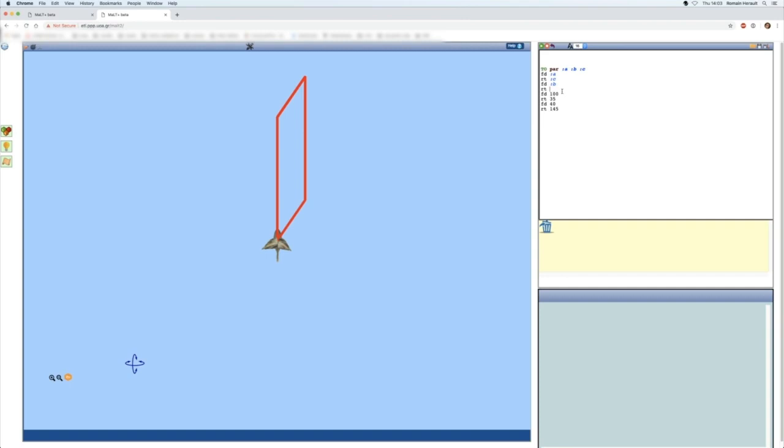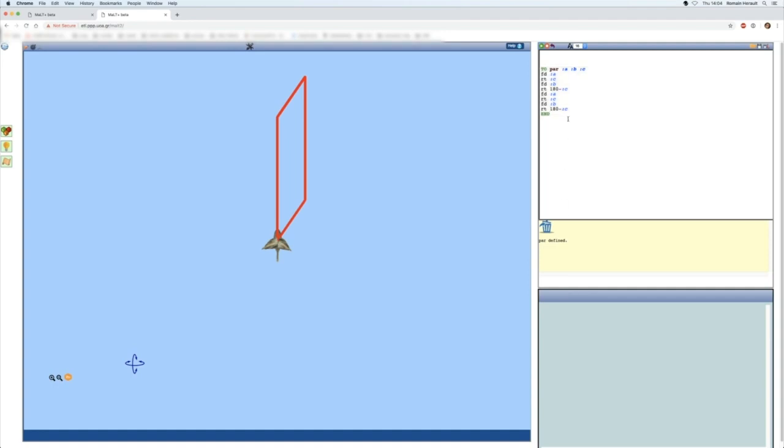Now, right is complementary, so it's 180 minus C, a little linear relationship here between the two turns of consecutive segments. Then I go forward A, I turn right C, forward B, and turn right 180 minus C, end. So if I want to run this procedure, I need to execute it. I need to select it first and then execute it, and it says par defined.